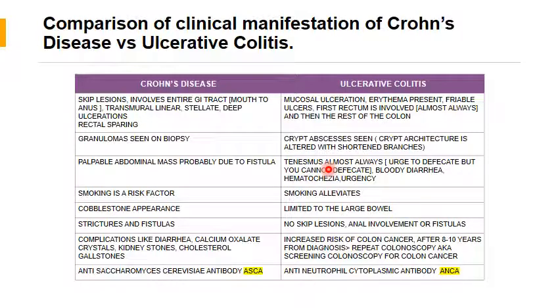Whereas ulcerative colitis presents with a condition called tenesmus because it starts from the rectum. So there is an urge to defecate, but you cannot defecate. There's bloody diarrhea, sometimes there can be hematochezia, urgency. Smoking is a risk factor of Crohn's disease. Smoking actually helps relieve ulcerative colitis. This is one of the rare medical conditions where smoking actually provides relief, but that does not mean that you keep smoking, because it may alleviate your ulcerative colitis, but you might end up developing COPD, emphysema,